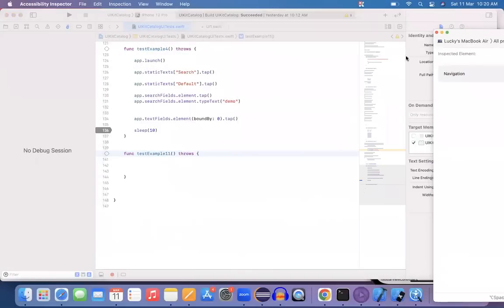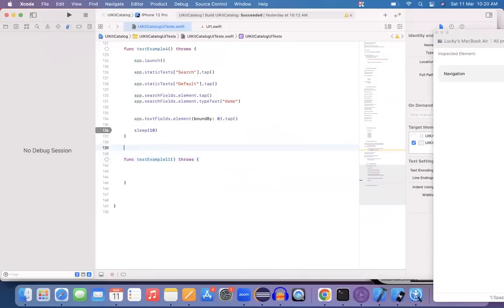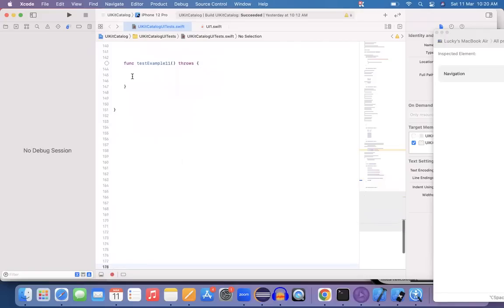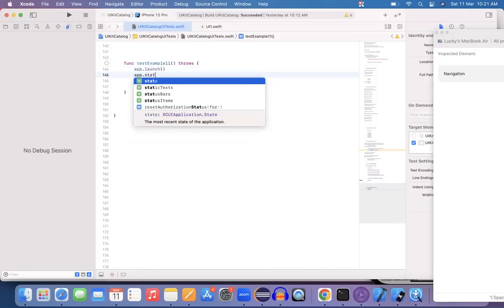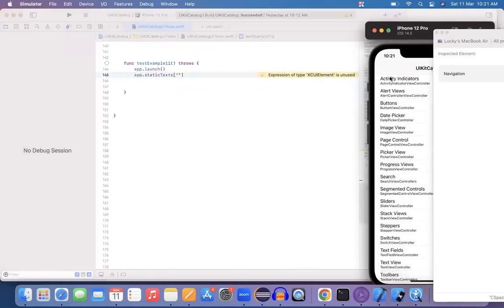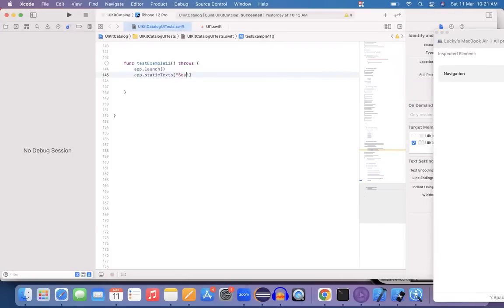Here I have created one method. I'm using a launch method that should launch the application. After launching the app, we need to identify the static text. Out of all the static texts available, which one do you want to click? You want to click on search. So here, search